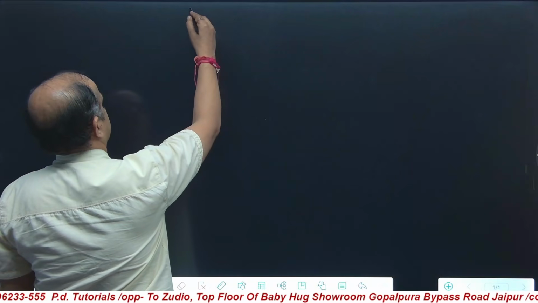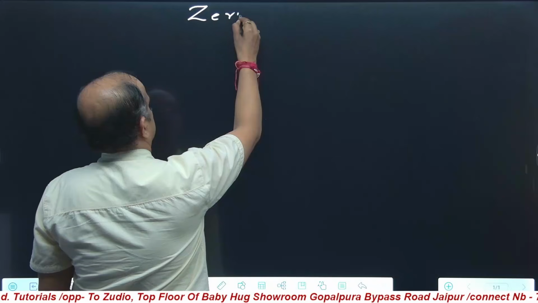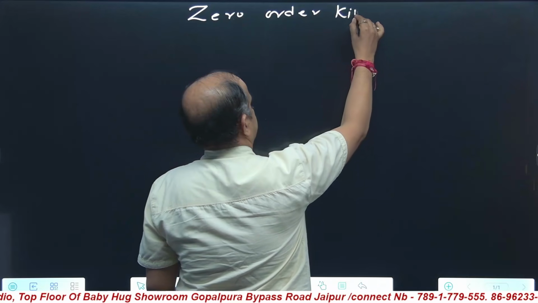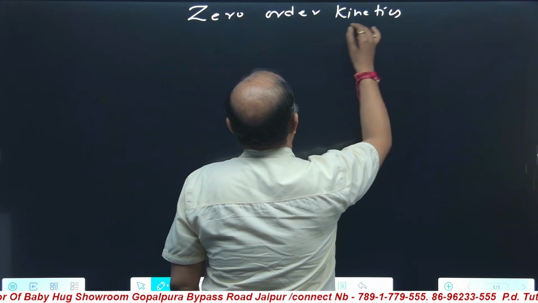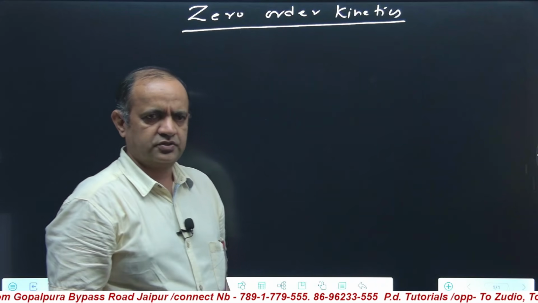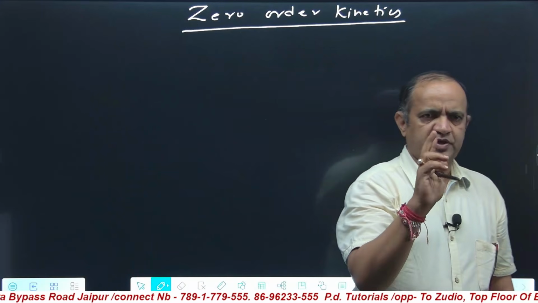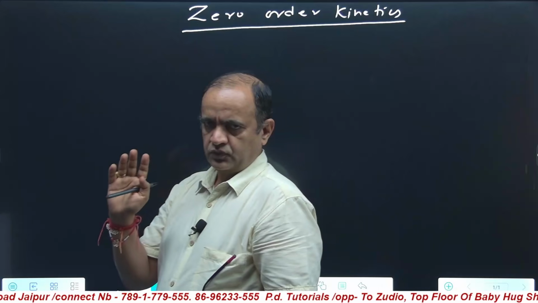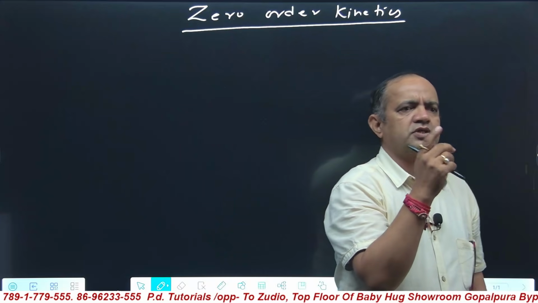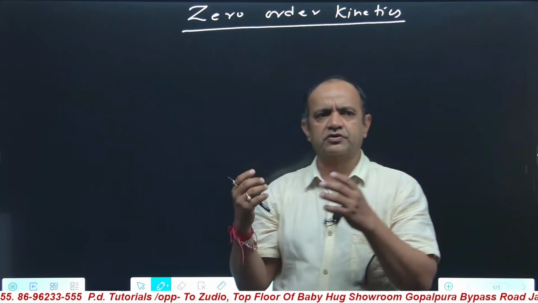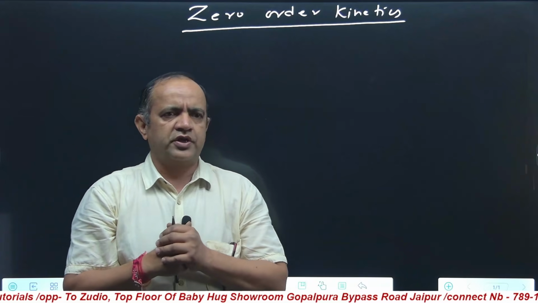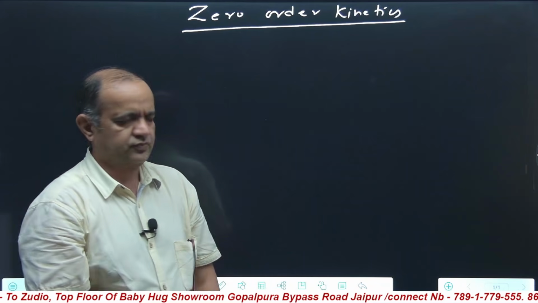First of all, we will study zero order kinetics, first order kinetics and second order kinetics. We have only 0 and 1 in the syllabus. Sometimes in competitive examinations, second order is also asked. So we will also study the second order reaction. Okay, got it? So why not start with the zero order reaction? Are you ready for that?